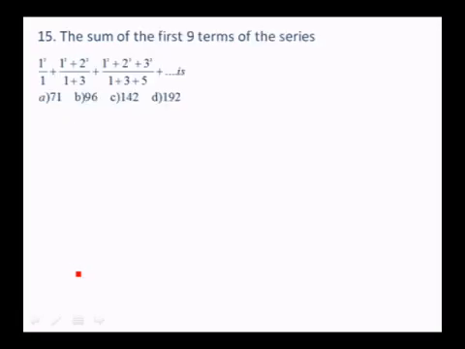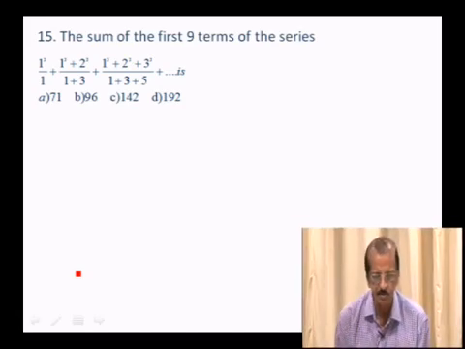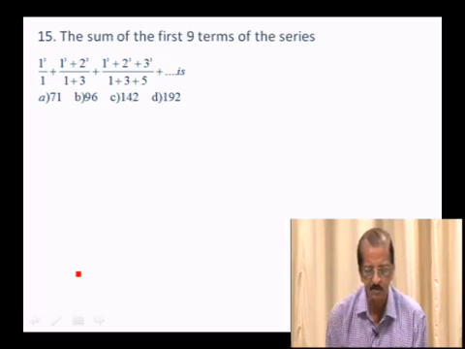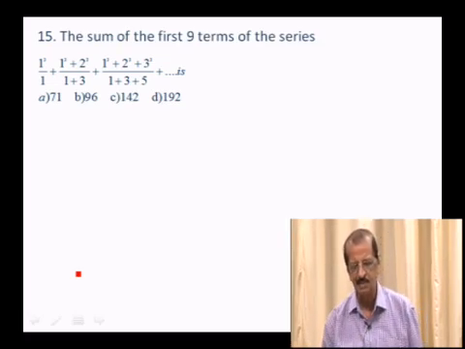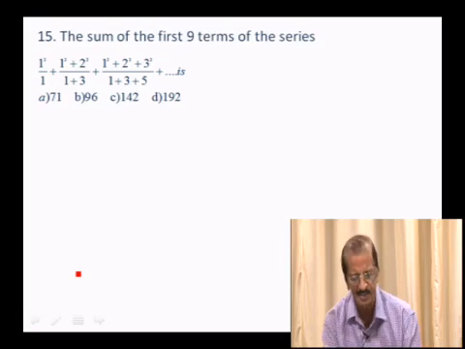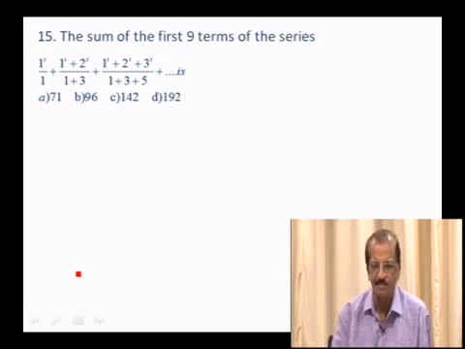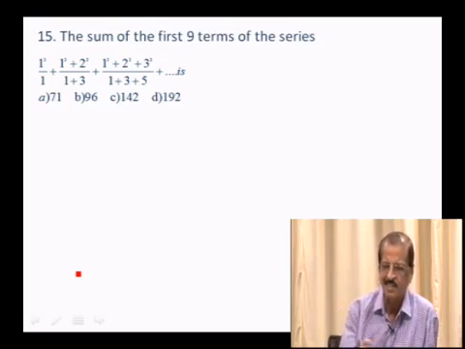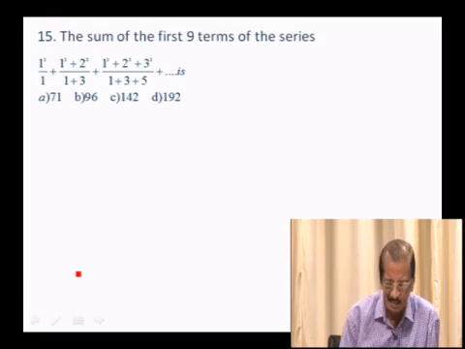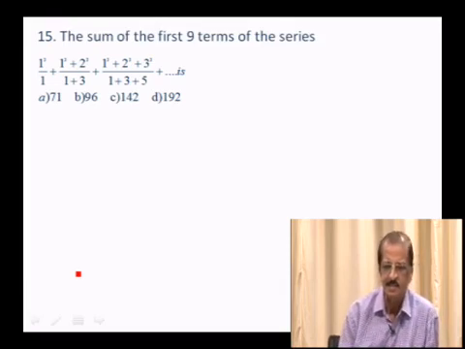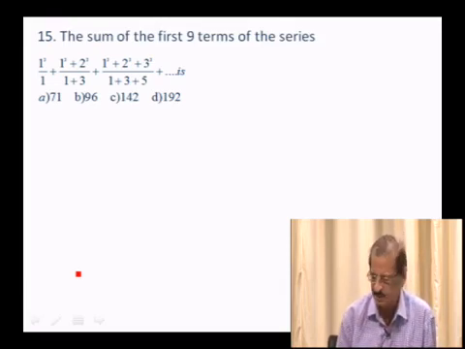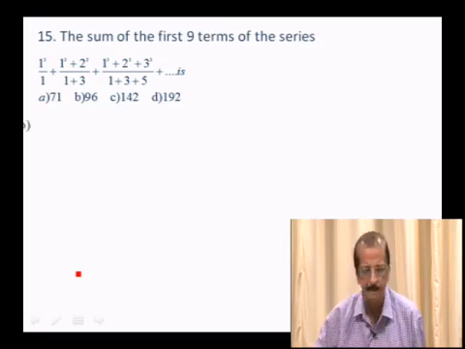15th one, the sum of the first 9 terms of the series 1 cube by 1, 1 cube plus 2 cube over 1 plus 3, 1 cube plus 2 cube plus 3 cube over 1 plus 3 plus 5 etc. is. See, whenever he asks n terms, it's easy because n will be there in the options and you can substitute. But here, it is not that easy because he has asked the 9 term. You have to just find out the sum of the 9 terms. So let us find the sum of the n terms, Sn first. So in order to find Sn,